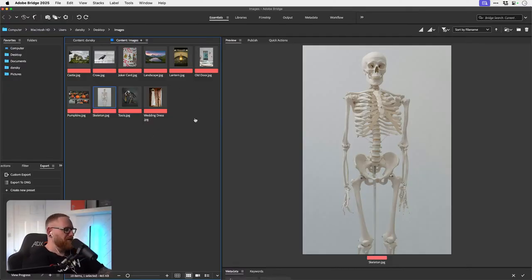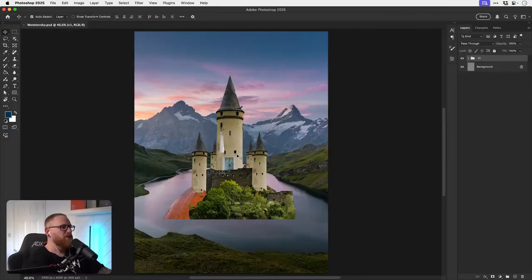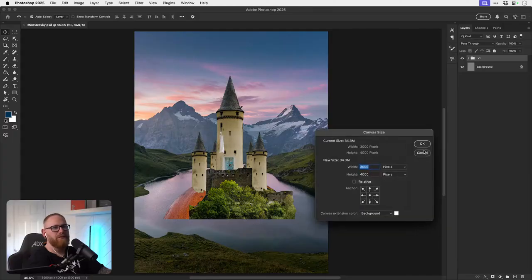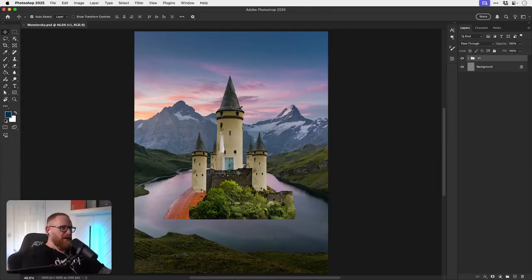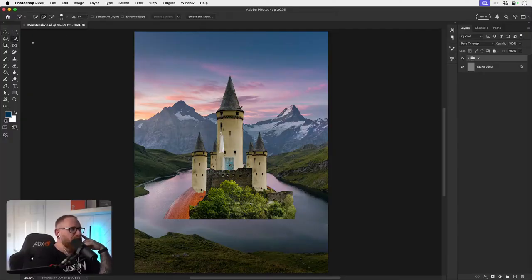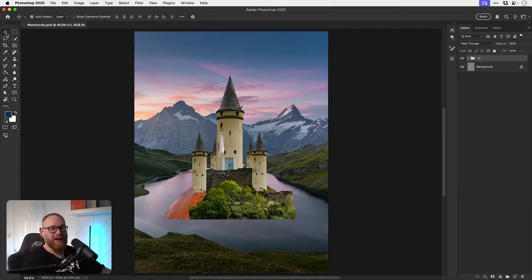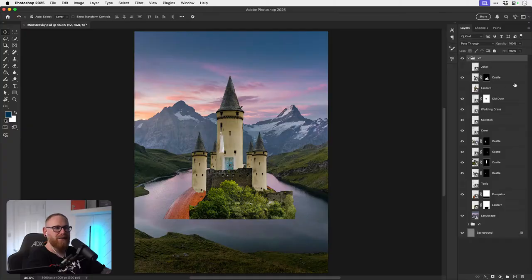So yeah, these are the images. So what I've done is I've just plonked them into the document. These are the sizes I'm working to. So a 3:4 ratio. And at this part of the process, I'm just using the selection tools here to make the quickest selections possible, because I don't want to spend time cutting stuff out if I'm not entirely sure how I'm going to use it yet. So this is version 1. We'll do a version 2. So we've got a castle in the middle of a lake, which is kind of cool. I like it. I do have another idea though that I want to play around with.